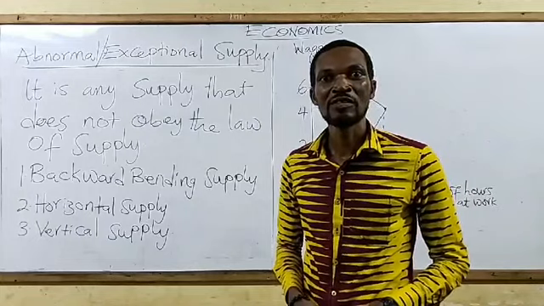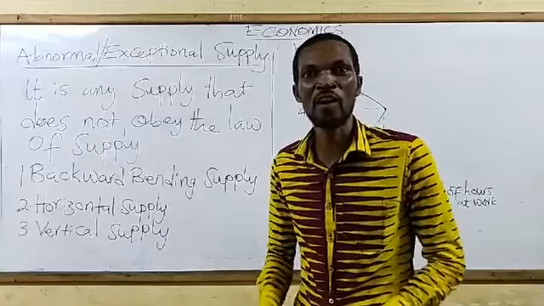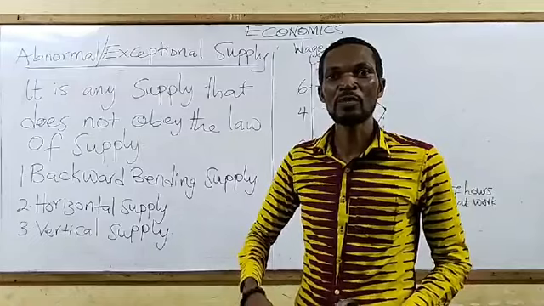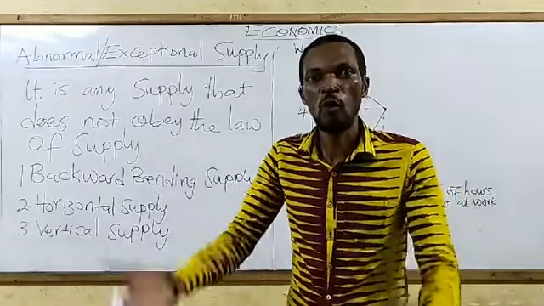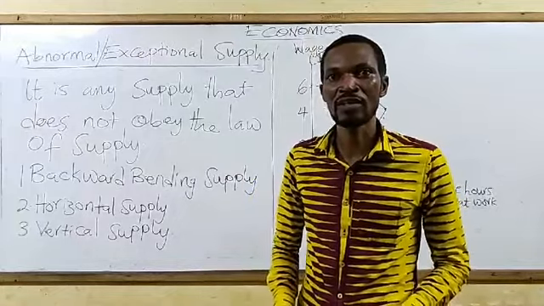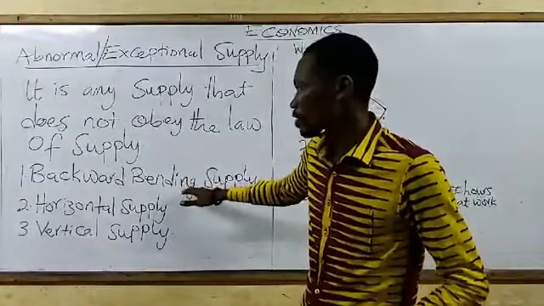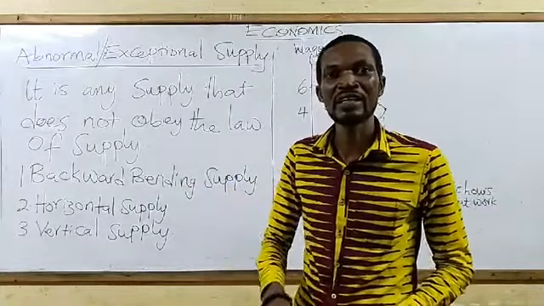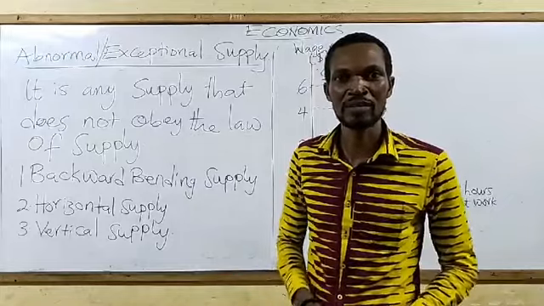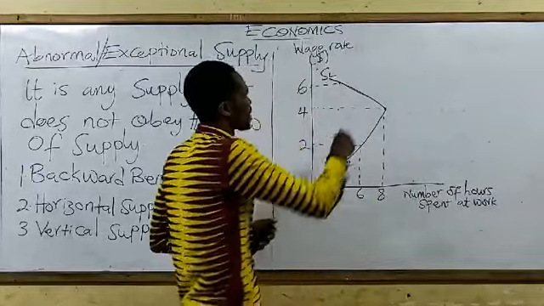It is almost always associated with labor supply, i.e. the supply of manpower. That is the number of hours people supply for work, the time they give out for work. That is what we call supply of labor. And this particular abnormal supply is associated with that supply, i.e. the labor market, specifically supply of labor. And that is what we have here. So this particular curve is the backward